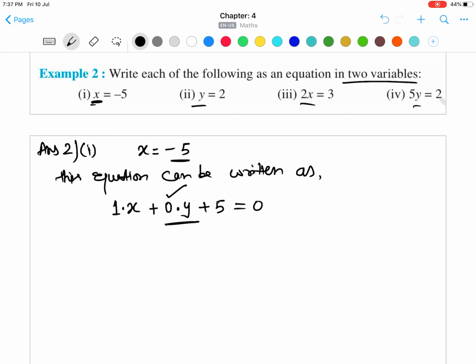Okay, that will be eliminated, so we'll be left with x plus 5, and when you shift the 5 onto the other side, it will be x equals to minus 5. Okay,